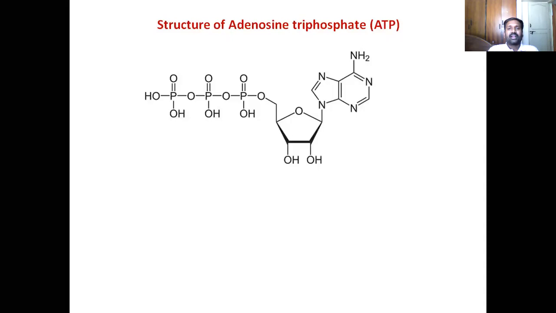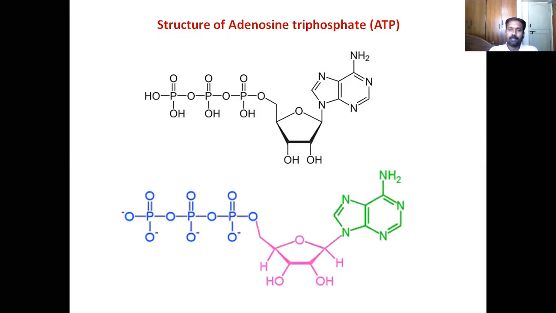You have the structure like this. But going by the first look, the structure appears a bit complicated, at least to remember and write. But as with all biomolecules, even a big structure can be dissected into smaller subunits of known structures. And these subunits would be connected through some bonds. So ATP can also be dissected into 3 smaller subunits of known structures. See this picture?